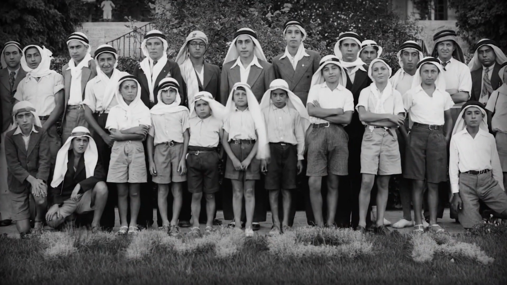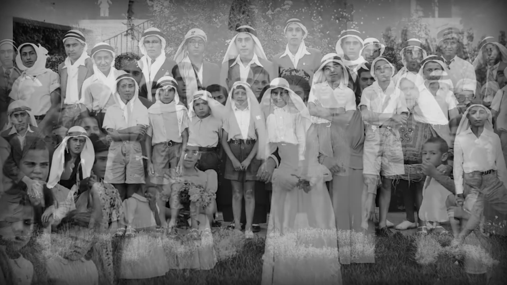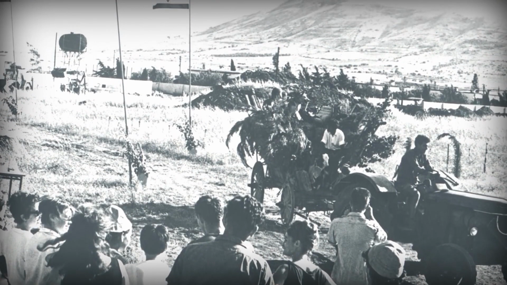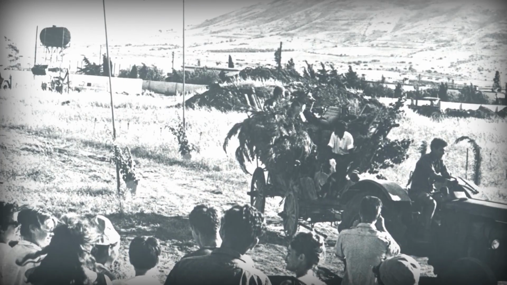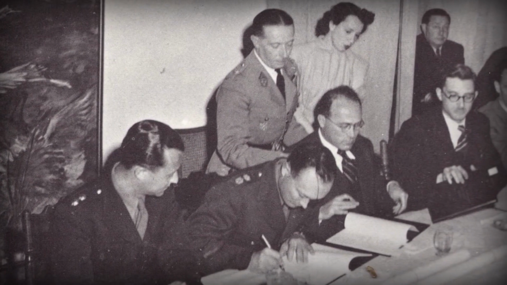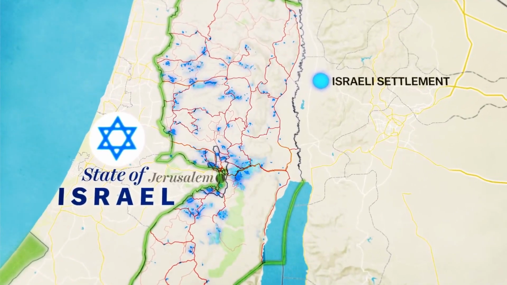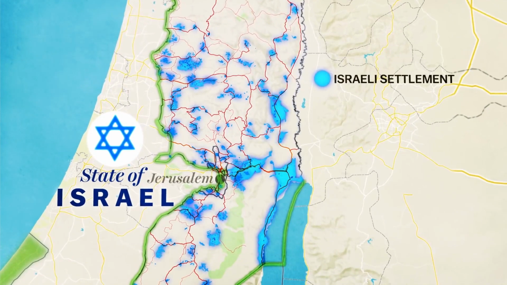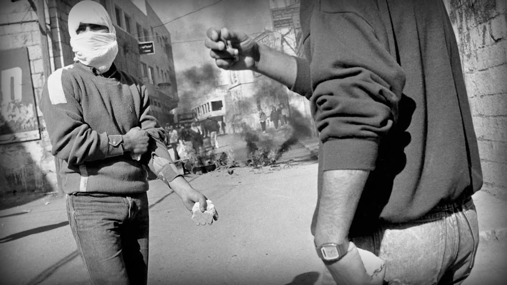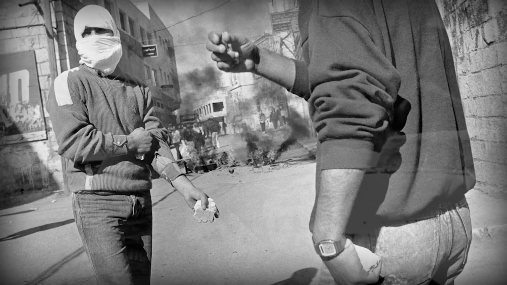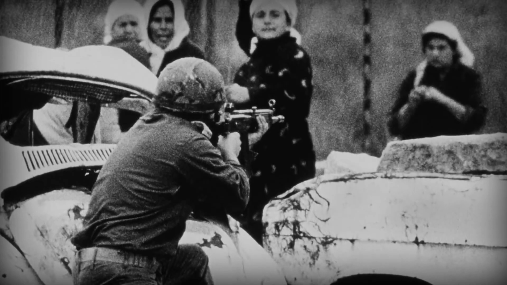Tensions between Arab and Jewish communities escalated in the early 20th century, leading to clashes and uprisings. We examine the Arab revolt against British rule and Jewish paramilitary organizations, as well as the United Nations' 1947 partition plan. This plan aimed to divide Palestine into separate Jewish and Arab states, but its implementation faced resistance and triggered further violence. The Arab-Jewish clashes and the UN partition plan set the stage for subsequent conflicts and